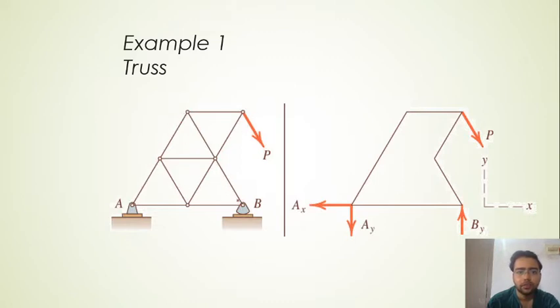So the first thing is to isolate the part. Why are we isolating? Based on the unknowns, and we have unknowns here at point A and point B. At point A we don't know the reaction, and at point B we don't know the reaction, right? But we know one external force P, suppose that is given in the problem. So we want to isolate a part of the system in which both reactions will come: the reaction at point A and the reaction at point B should come.